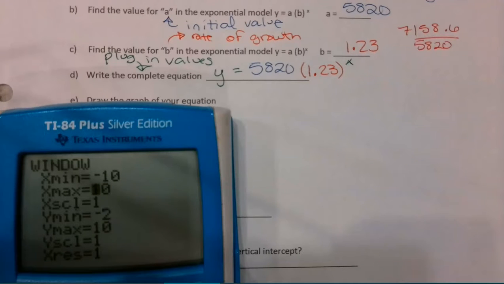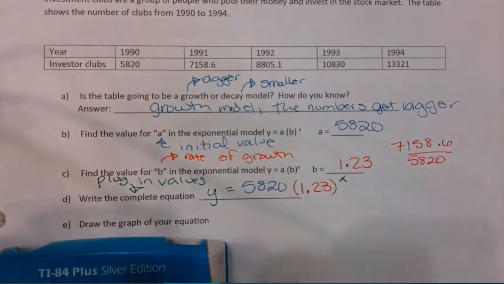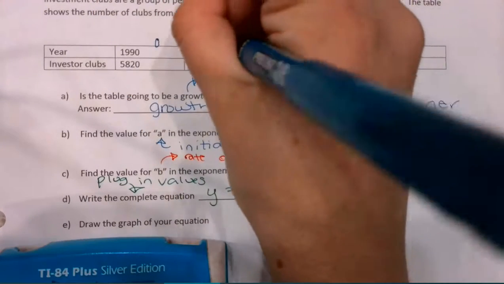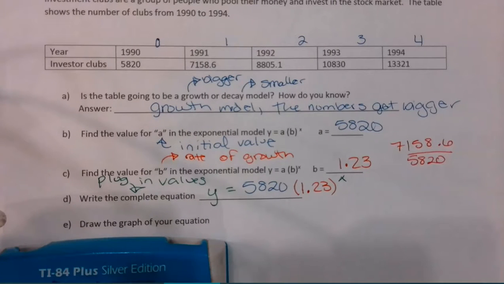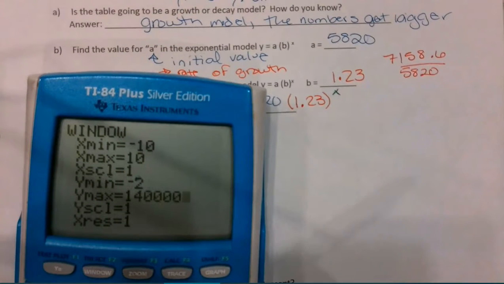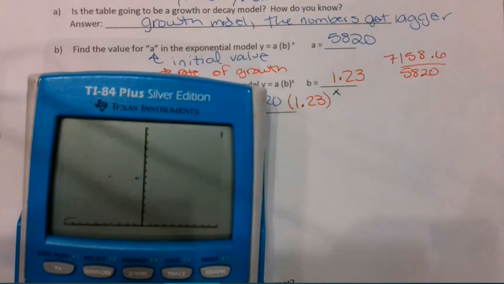I want my x max. If we're counting our years back over here, this is my 0 year, my first year, my second year, my third year, and my fourth year. So my x values are fine. I need my y values to go all the way up to 13,000. So I'm going to change those to 14,000. That's one too many zeros. And I'm going to change my scale to make the graph faster. I'm going to do it by 1,000. If I go back to graph,